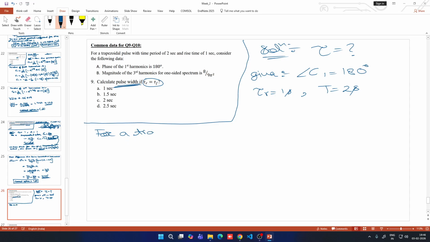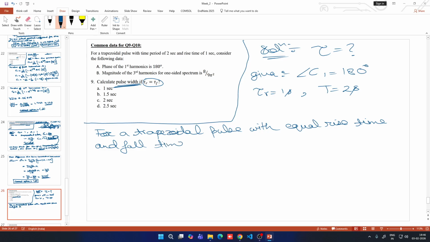For a trapezoidal pulse with equal rise time and fall time, the phase of the nth coefficient is given by,